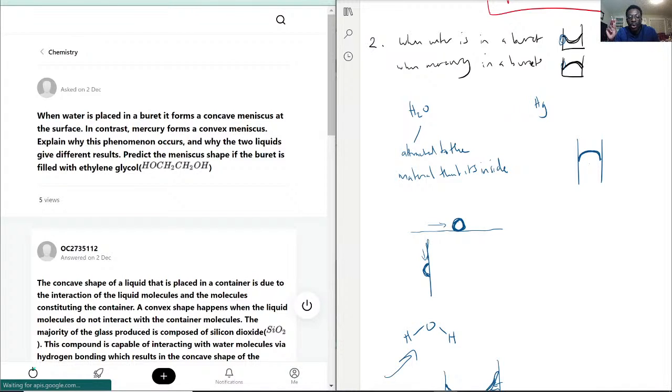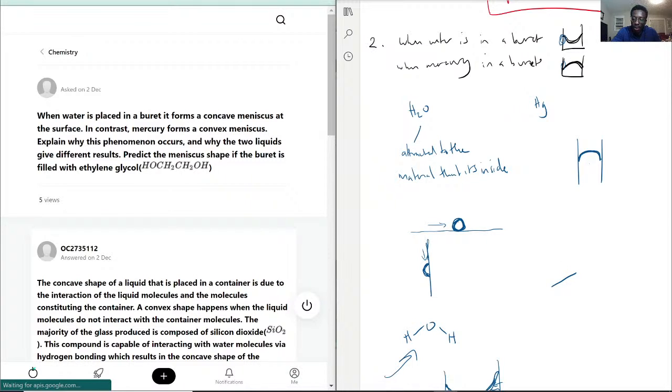Now, we've answered why, but the second part is: predict the meniscus shape if the buret is filled with ethylene glycol. As we discussed with water, the key thing is the hydrogen bonds. Does ethylene glycol have any hydrogen bonds? Well, let's find out. We have